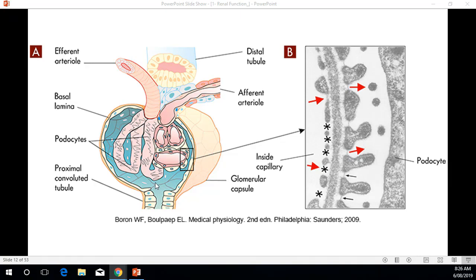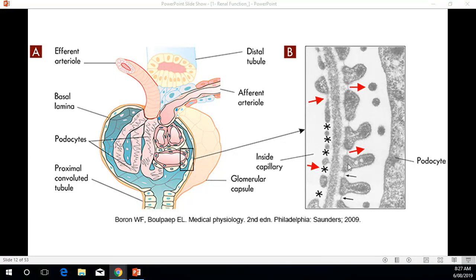Make sense? So anything that has to filter out of blood has to pass through these few layers. What passes through these layers easily? Water passes easily. Small molecules, ions, they pass easily. Bigger molecules will not pass through here. So proteins will not pass. Amino acids will not pass generally. Small amounts will pass, but immediately they will be reabsorbed later, as I'll explain in the next few slides.